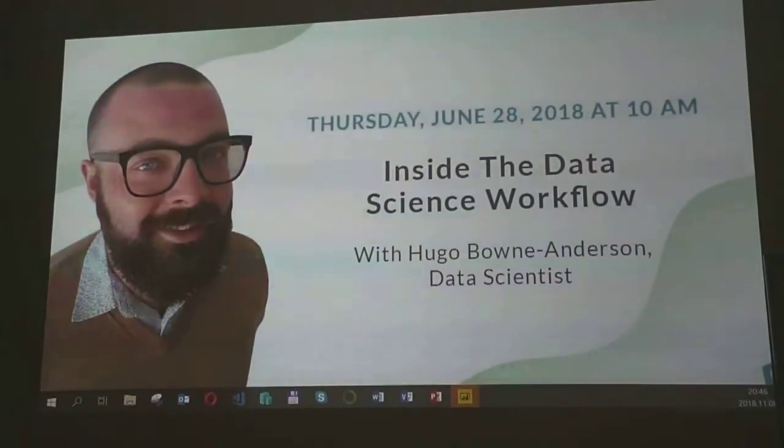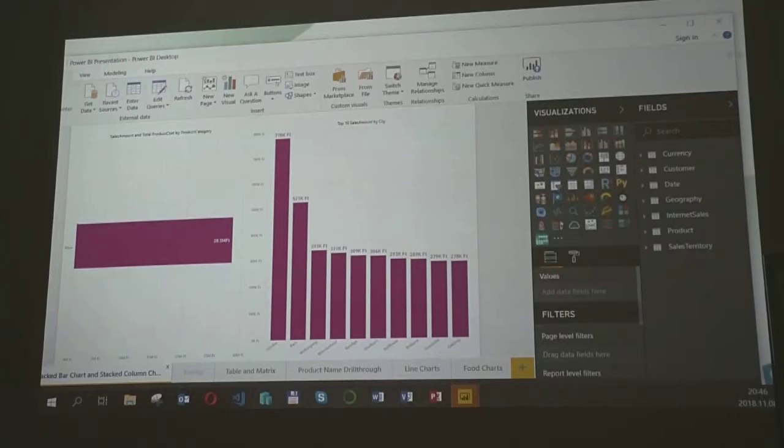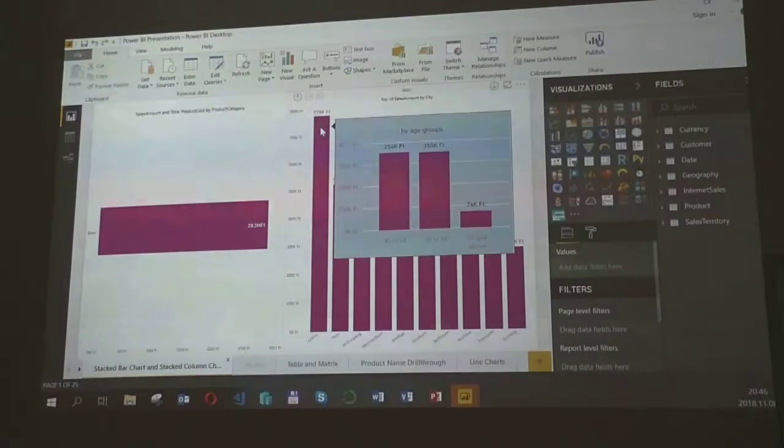Okay, this is Power BI. It has the basic diagram styles, stack bar chart and stack column chart, but I like this feature.